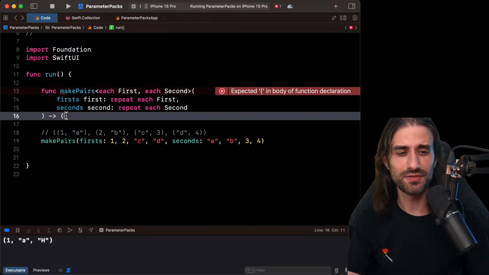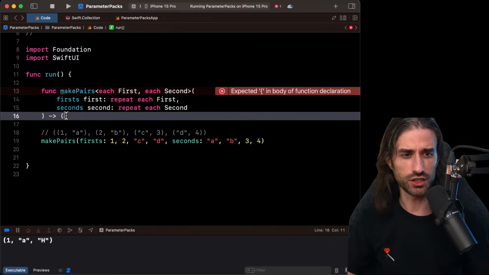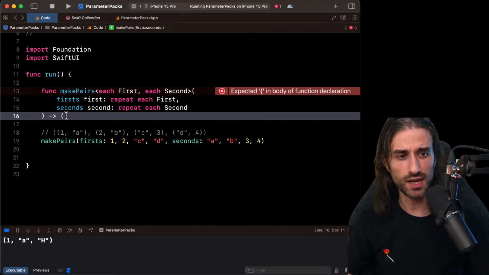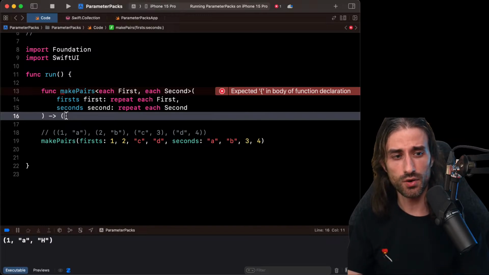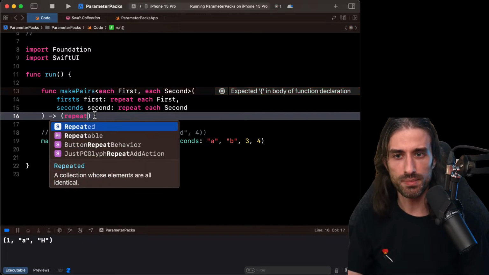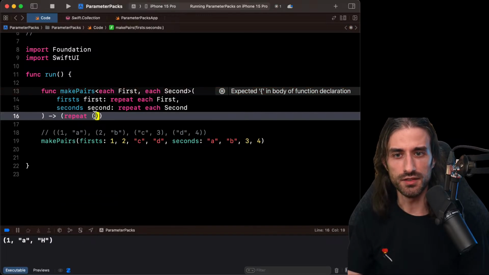And that's where there is something slightly new, is that up until now, when we used a repeat, the expansion would contain a single each. But actually, that's not a limitation. A repeat, a pack expansion, can expand more than one pack at a time. And that's what we're going to need to use now, because we want repeat to have several tuples, each of them being of the types inside both parameter packs. So we need to do repeat and then define tuples.